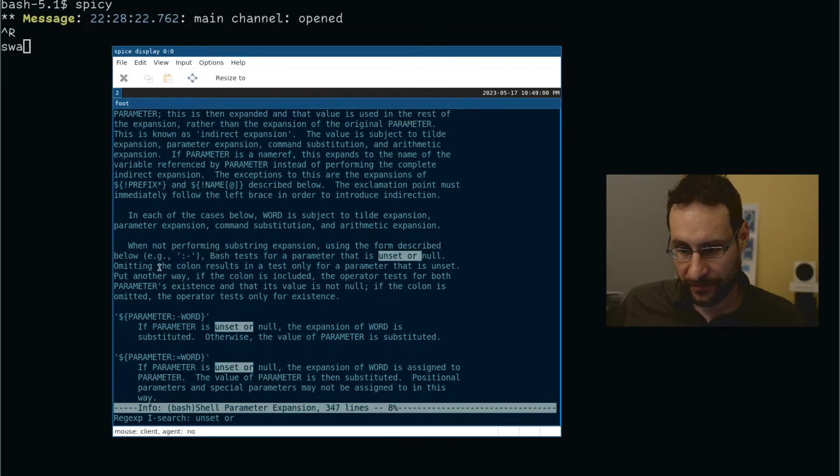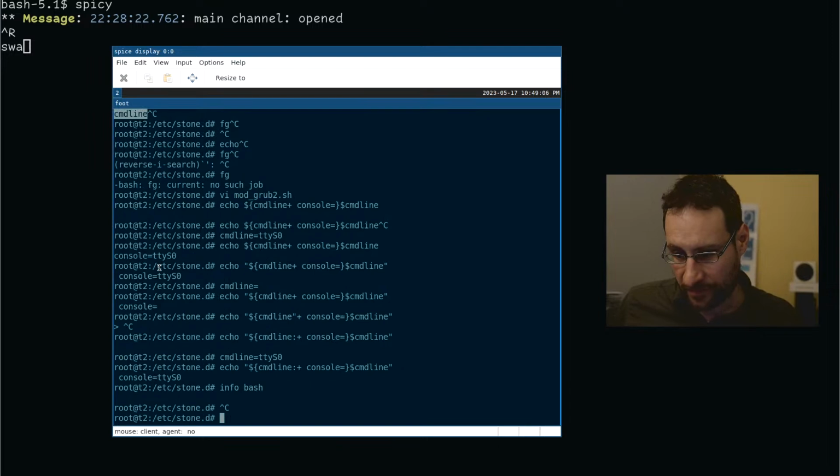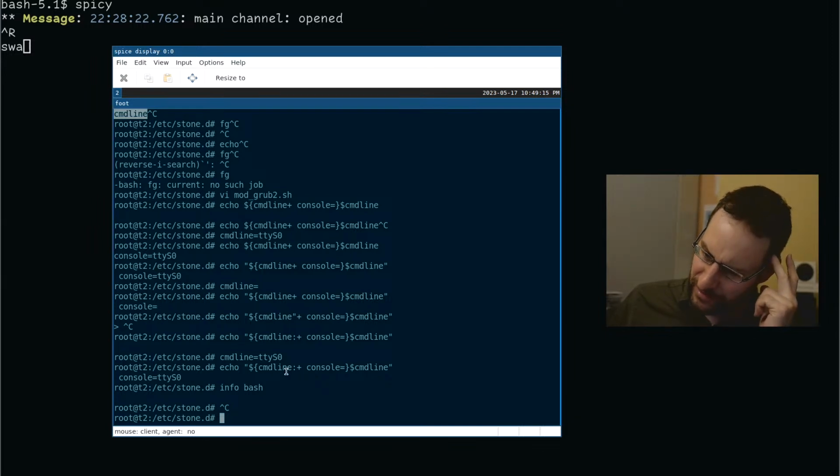So, unset, or was it unset? Or this is how you quickly find this. So yeah, I had a column missing. What did this substitute anyway? All right, so otherwise this is not the special expansion, so this just expands to, what does it even expand to? This probably just expands to the variable. Probably, or does it? Oh no, wait.